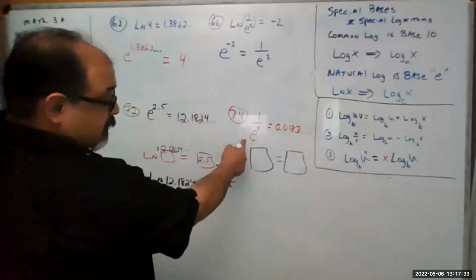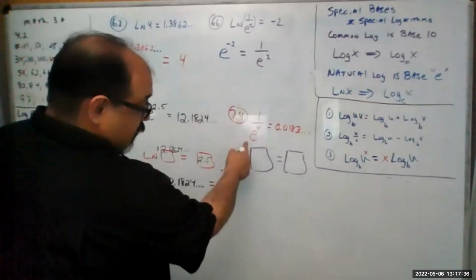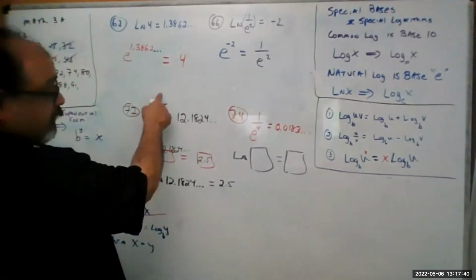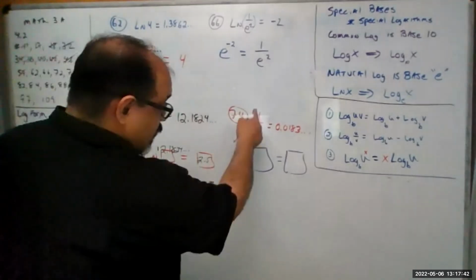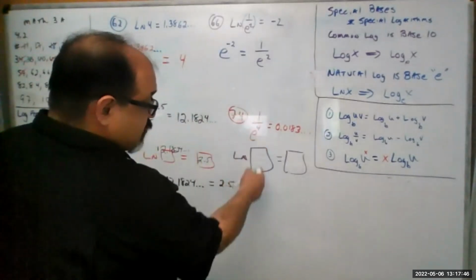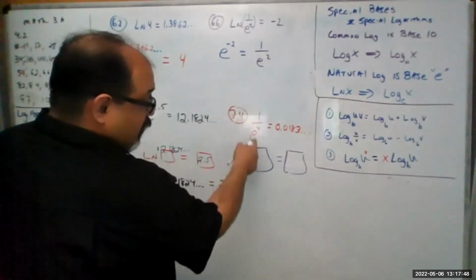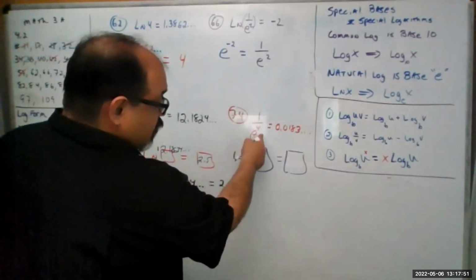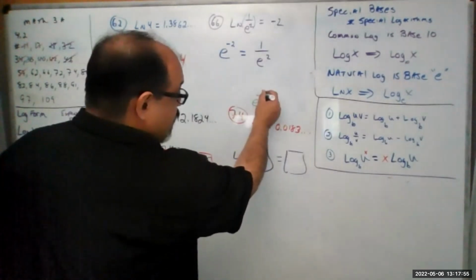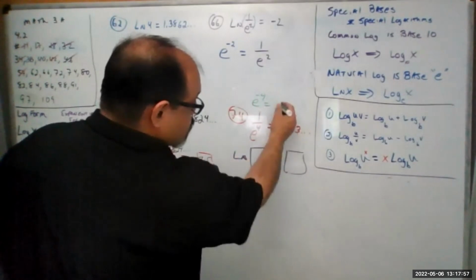That's not E. That's 1 over E to the fourth. Over here, that's E to a positive 2.5. That's not E to something yet. You need to rewrite this in order to convert it because it doesn't work if it's in the denominator. You need to see that 1 over E to the fourth is E to the negative 4